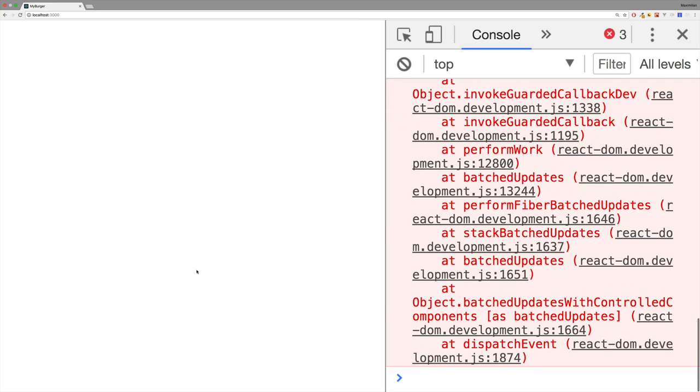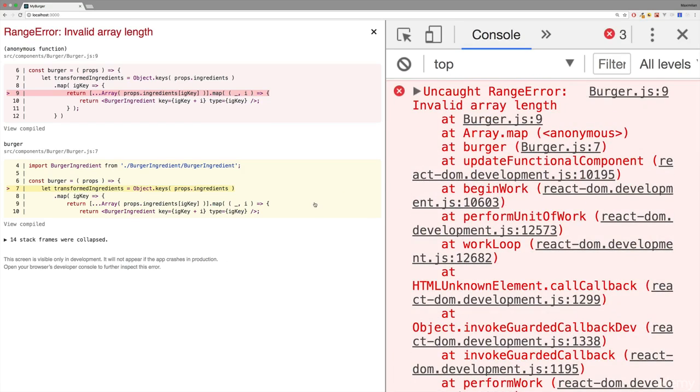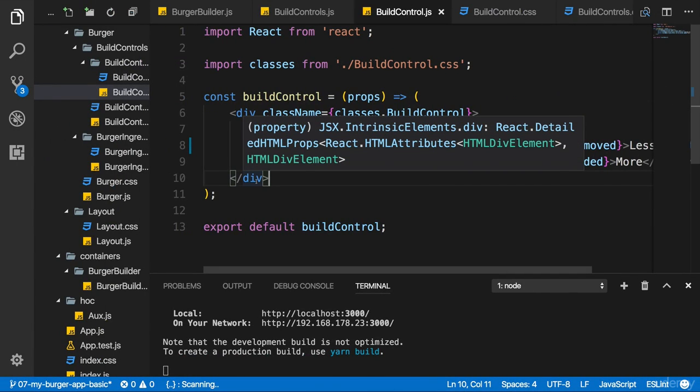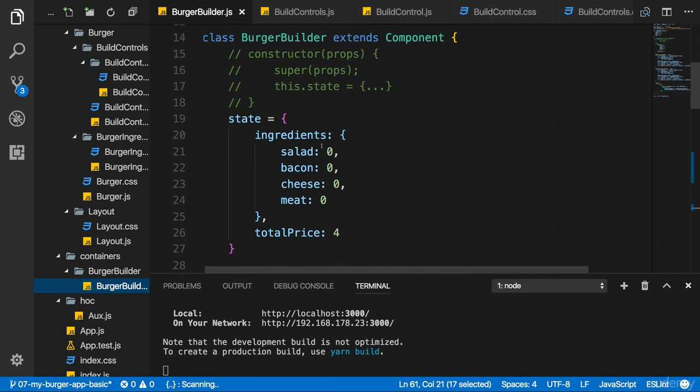Now we have a problem if we start deducting elements we don't have though. We get an error then, and it makes sense because we try to remove an ingredient which we don't have. So in our burger builder, the state becomes negative, we have -1 bacon, and that throws an error because we can't create an array to render from a negative value.